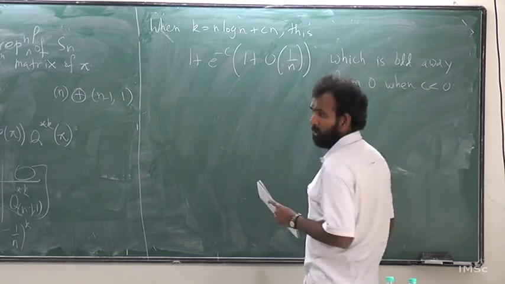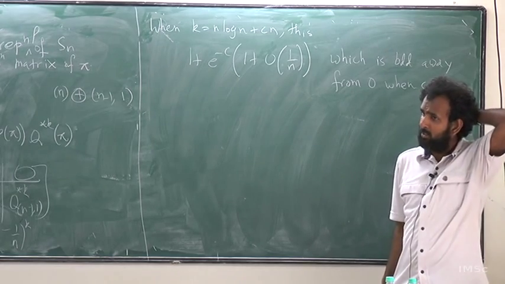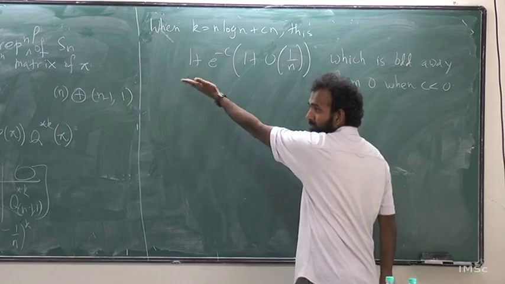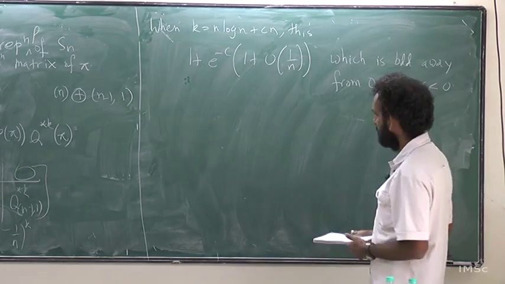So we want to get the lower bound, right? We are saying that if you go less than n log n steps, then you are going to be something away from 0. There's a 1 plus something which is small, so you know you're going to be away